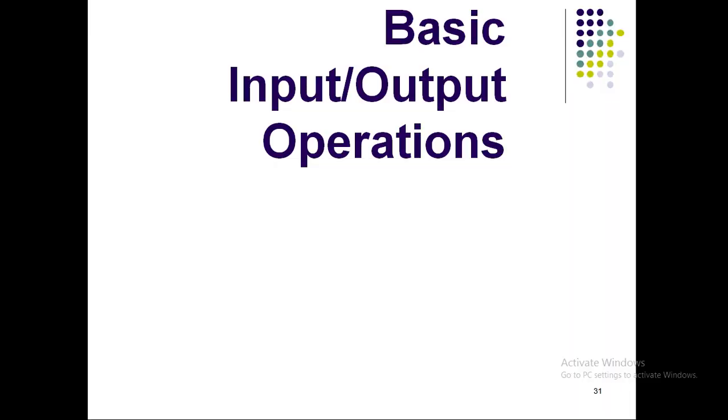A very simple example of your input-output operation is, say for example, you are taking a printout of a paper. Then it involves both input as well as output. Whatever document you are preparing by keying in the words forms your input, and whatever printout you are taking becomes the output. So this is one of the basic operations of using your input output devices. Here the input device is your keyboard and the output device is your printer as well as your screen, which is the monitor.